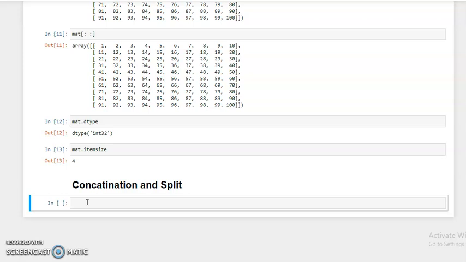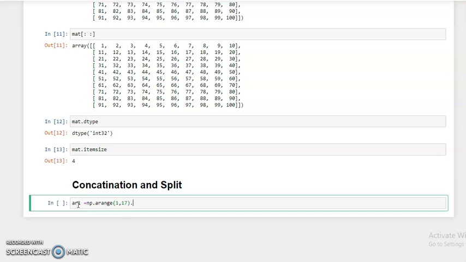create two arrays. Suppose first we create an array, ar1, equal to np.arange function. We use arange, and suppose the entries in my array are 1 to 16. So for this we mention 1 to 17, because 17 is excluded.